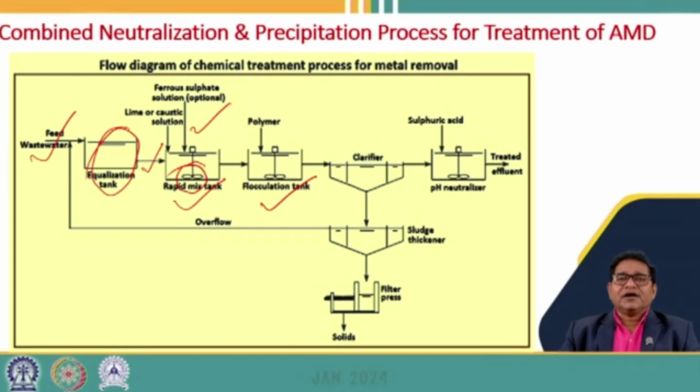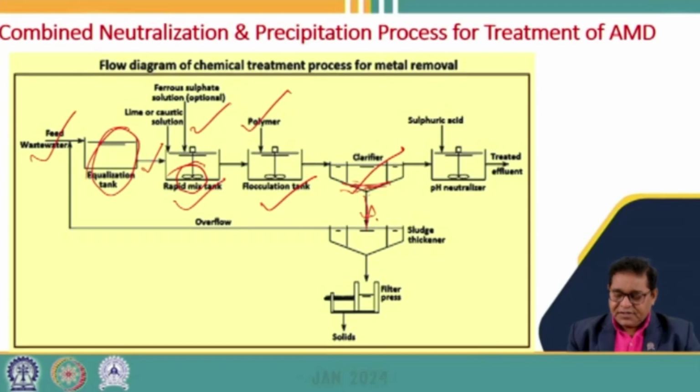In the flocculation tank, because of neutralization, when the pH increases, whatever metals are present in the dissolved form will be precipitated in the form of their hydroxides and their carbonates. And then this flocculation tank helps in making heavier flocs by adding certain polymers, so that these metal precipitates which are formed can be separated from the rest of the water in the next unit operation, which we call the clarifier. This is basically a gravity separation technique,